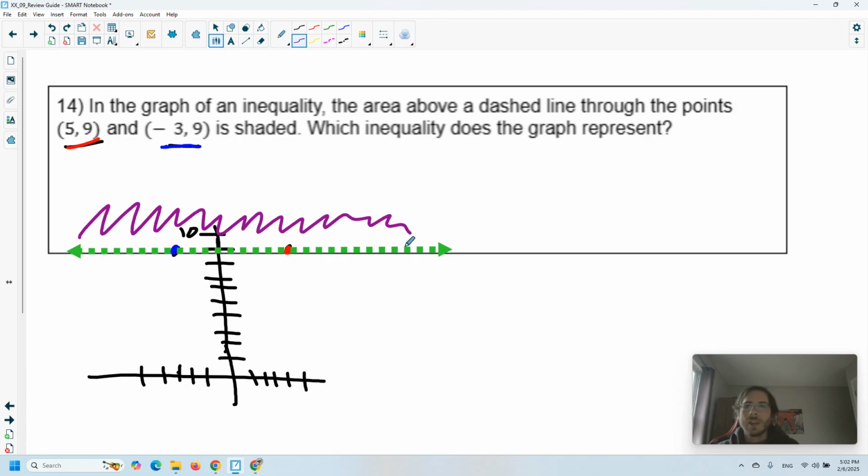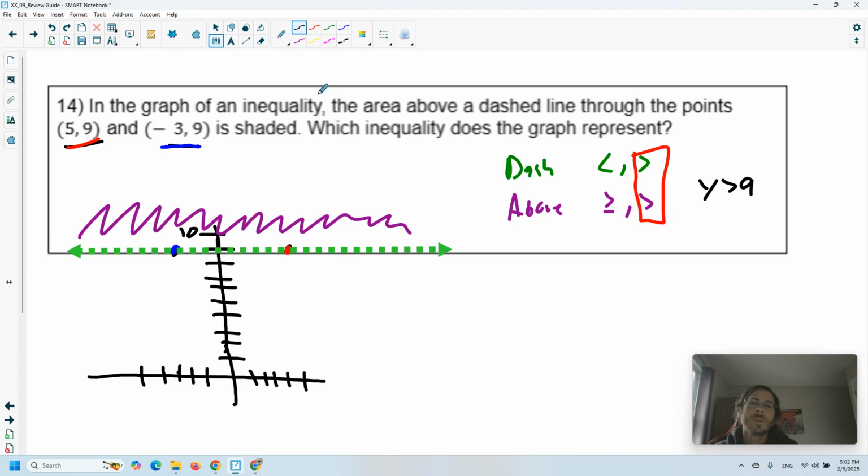So it looks like we actually have all of our points. Now we could just do this one traditionally. So we know, again, we've got dashed, which means we're going to pick one of these. We're shading above. So we know it's going to be greater than or equal to or greater than. So our pick for this one is going to be the greater than. And then we have to remember which letter that is. Well, we don't have to for this one, but it's easiest if we do, just to remember that this one's going to end up being y is greater than 9. But if you